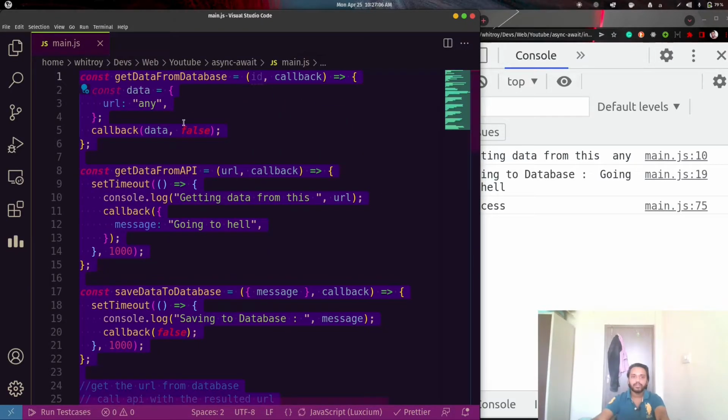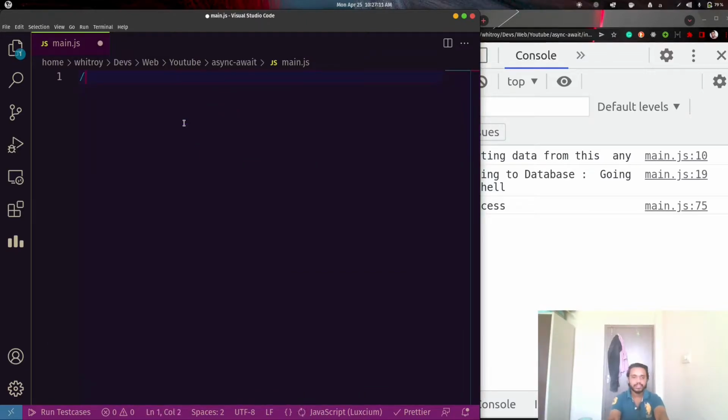Now we are going to discuss async await. Let's check what async await is. Async await is just syntactical sugar for promises. It makes writing promises clearer, and it looks like a simple synchronous call. Let's understand this through an example.